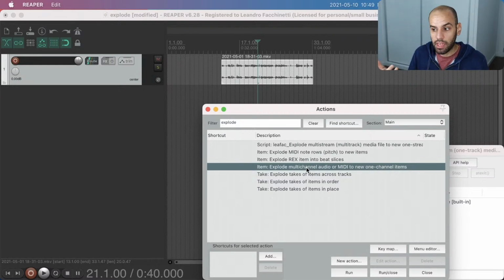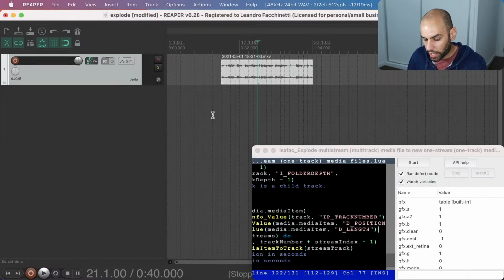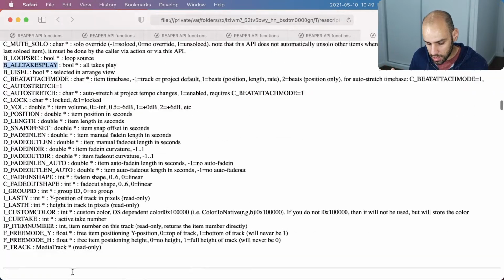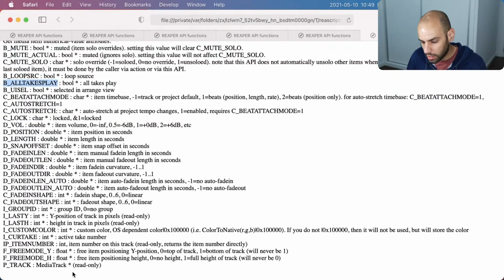And we are copying the behavior of that because what we are doing is very similar, except that we are not working on the level of channels. We are working on the level of streams within a file. And in previous streams, I investigated what this action did, and it does copy the state of whether the thing is muted. And I must assume that it copies some of these, all of these. It copies some of these as well, but I don't know